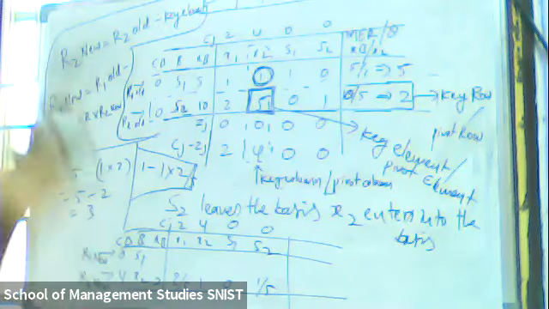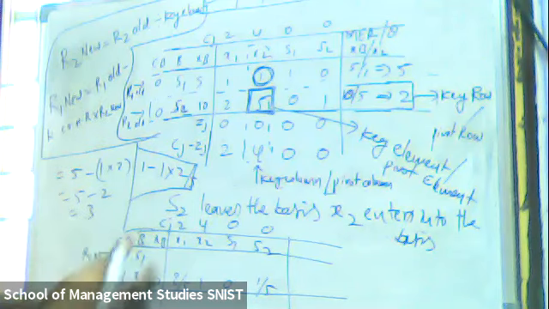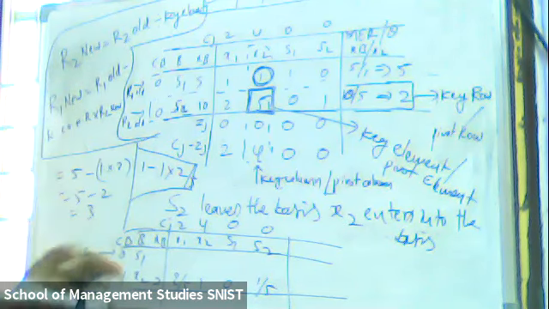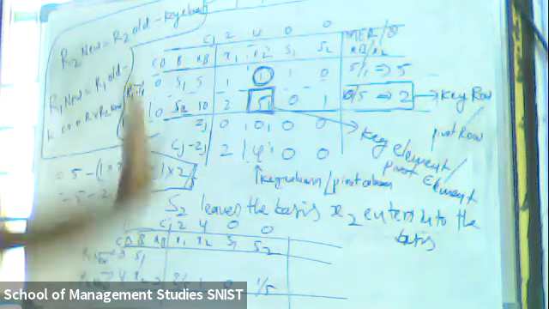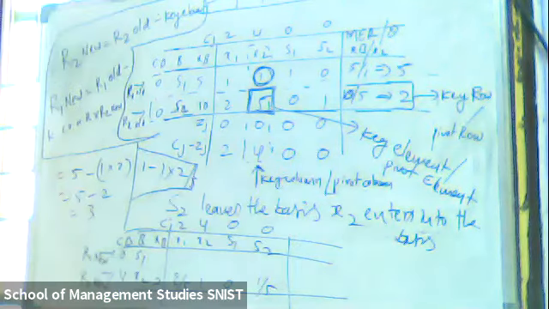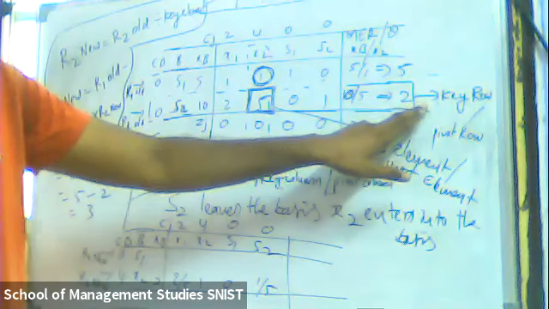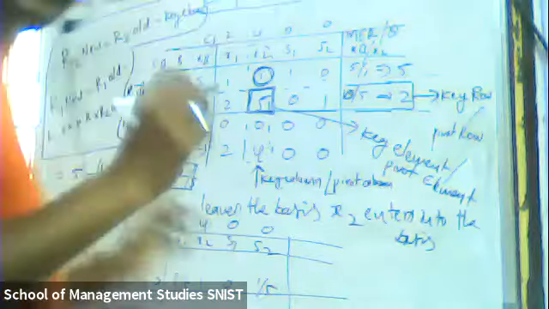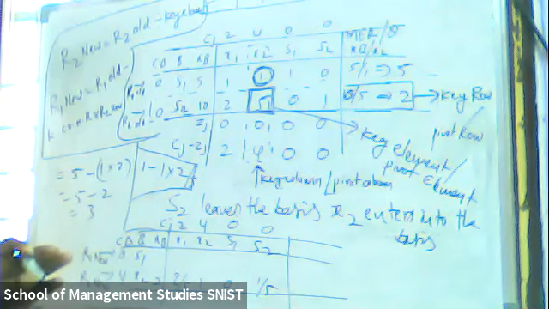Sir, how do we know that? Jayant, let me explain again very clearly. Which one leaves and which one enters the basis? Simple. This arrow is showing, is it upward or downward? Upward. What about this arrow? It's towards the right. It is going out from the simplex table. Clear? Now you got it.